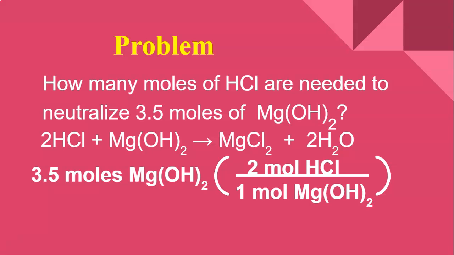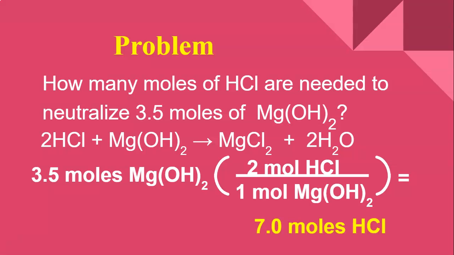Okay, and then I'm going to put HCl because that's what I'm switching to. And then I'm going to put 2 because I have a coefficient of 2. So I'm going to take 3.5 times 2 divided by 1,